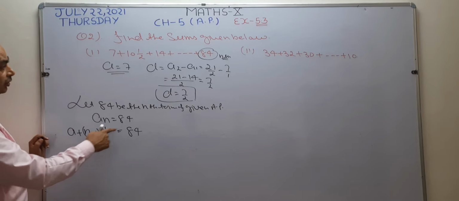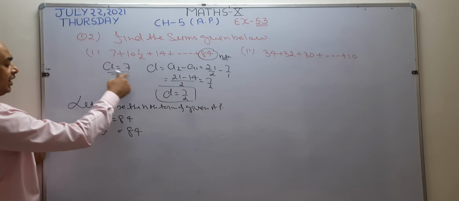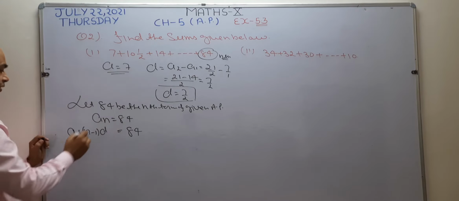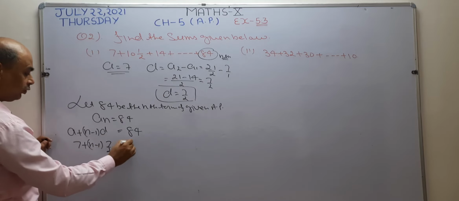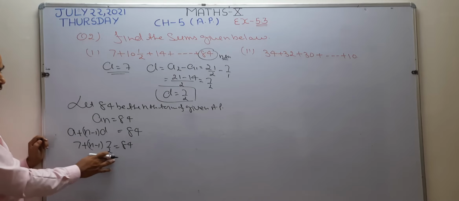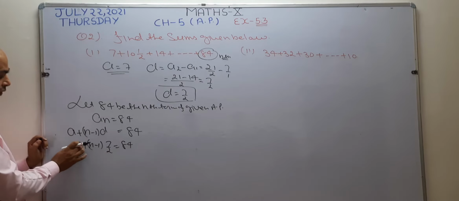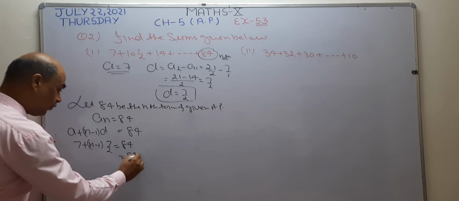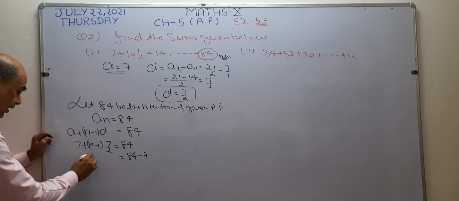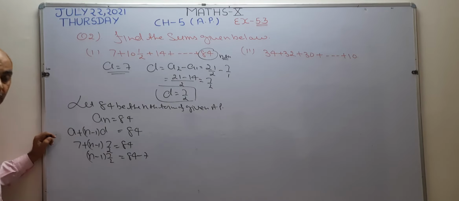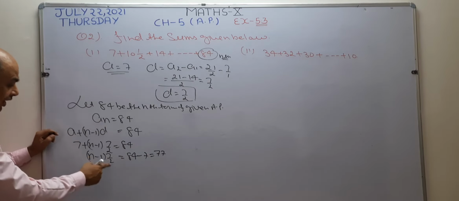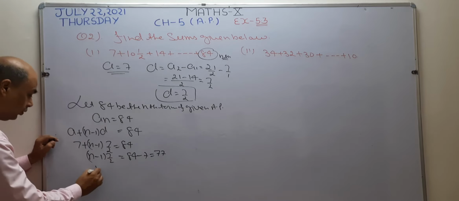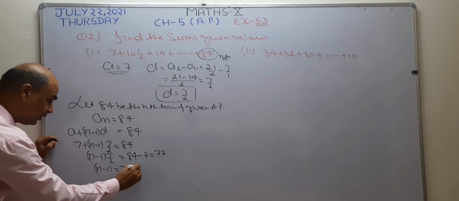Okay. Now in this question, the values of a and d are given. So I am going to substitute the values of a and d in this equation. So instead of a, I write 7, plus n minus 1, the value of d is given, 7 by 2, right here 7 by 2, equal to 84. Now I want to find the value of n from this equation. To find the value of n, I take this 7 from left to right. Since it is a positive number, it becomes negative. So I write here 84 minus 7. Okay, now what is left? n minus 1 into 7 by 2. Now 84 minus 7, how much? 77. After that, I take this 7 by 2 from left to right, so it is going to multiply with 77 as 2 by 7.